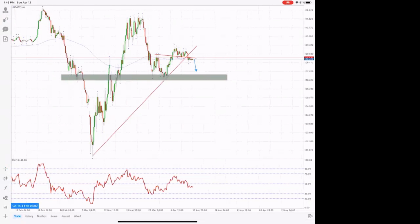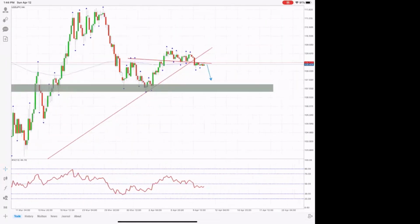So dollar yen here, I really like this setup a lot. We got caught on the wrong side a couple times last week because we broke down, hit this demand zone, and then moved higher, broke out above this fractal resistance here, and then retested it. So the resistance became support, bounced along, and then we broke down back inside of here. So as long as we're down on the inside of this support level, resistance support level, this red line here,